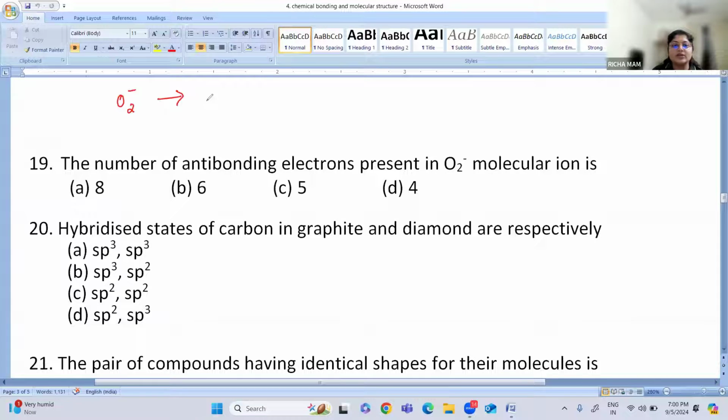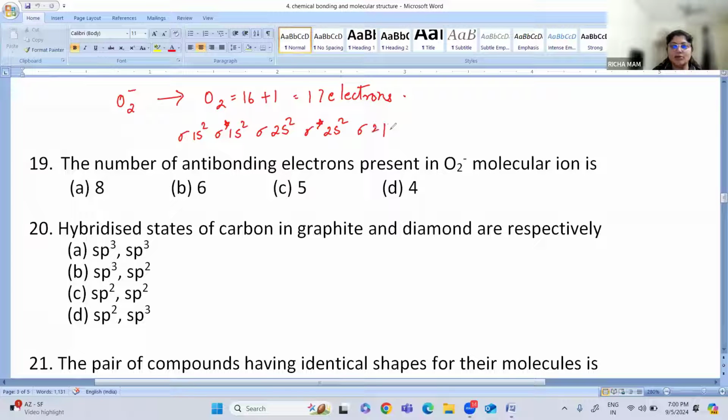O2 means 16 electrons, plus 1 is 17 electrons. Fill up the electrons in the electronic configuration of molecular orbitals. So let us put sigma 1s2, sigma star 1s2, sigma 2s2, sigma star 2s2, then sigma 2pz